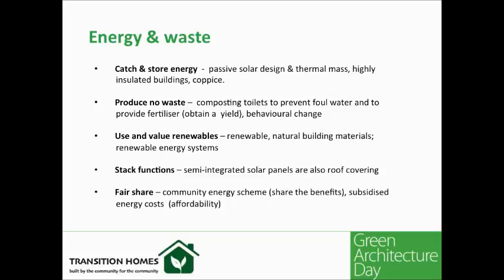We're using semi-integrated solar panels which also function as a roofing material. And then we're looking to collaborate with a local community energy company on our energy scheme so that local residents can invest, and the benefits are shared locally, and also so we can provide subsidised energy to our residents, which helps again with the